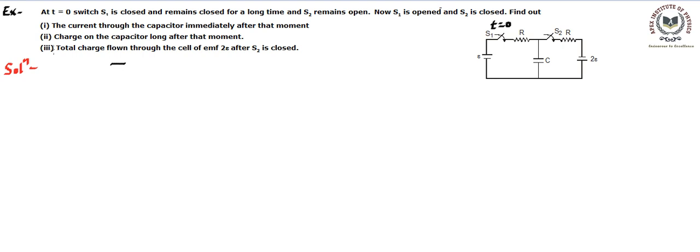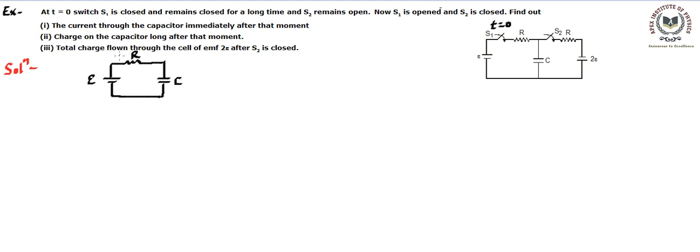Then we will solve the second and third parts. In this we have one resistance, and we have this battery which has a positive terminal and a negative terminal, and then there is one capacitor that's connected. That's all. So the circuit will appear like this: E is here, R is here, C is here, and this is the circuit initially.